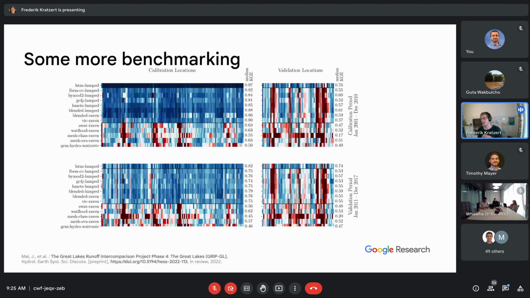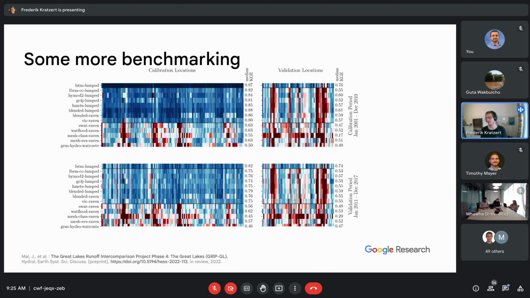And here's another benchmarking from a recent model intercomparison study led by Juliane May. This benchmarking study was, I think, so far the most strict and robust test of model intercomparisons that I'm aware of in hydrology.